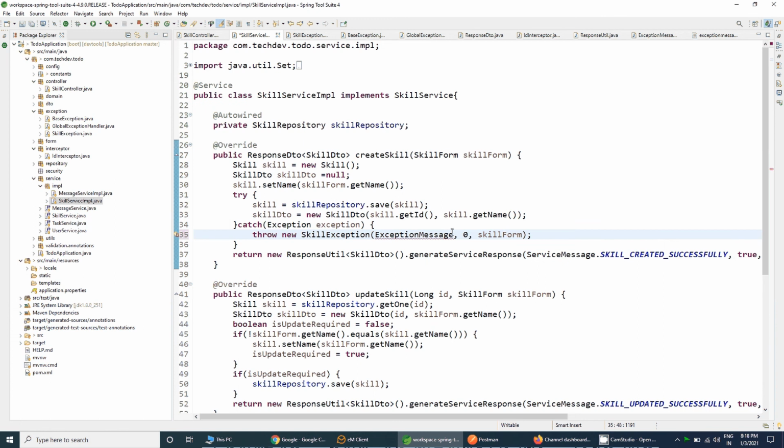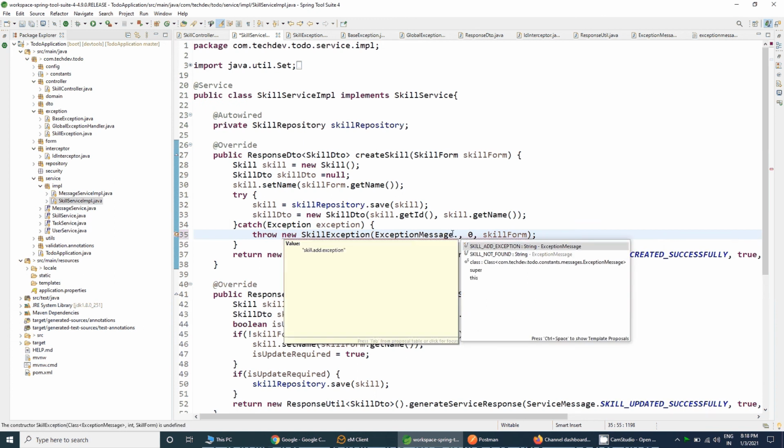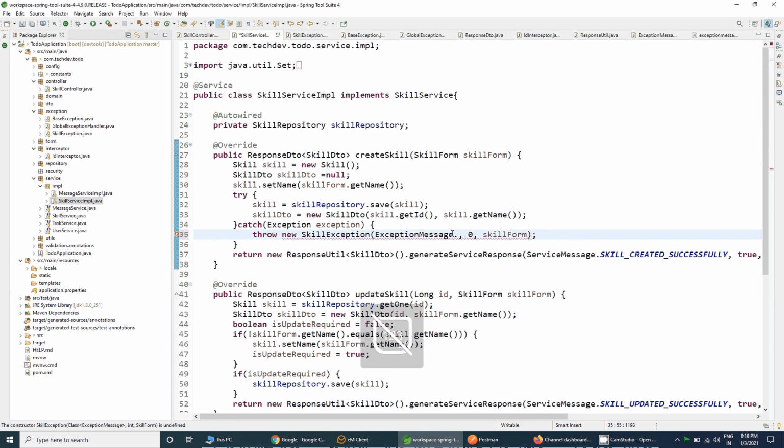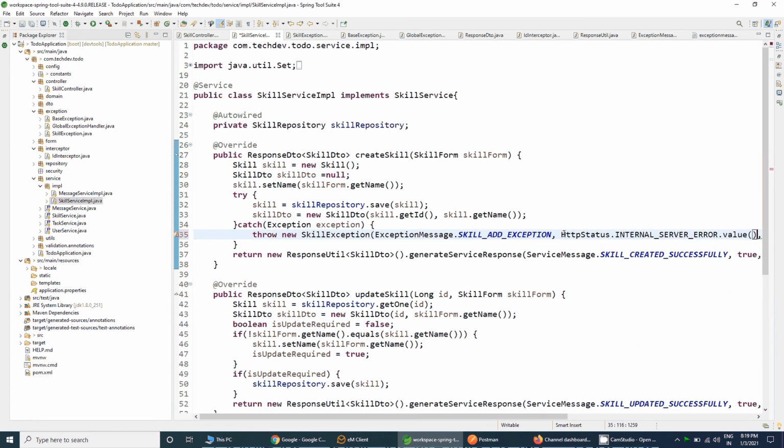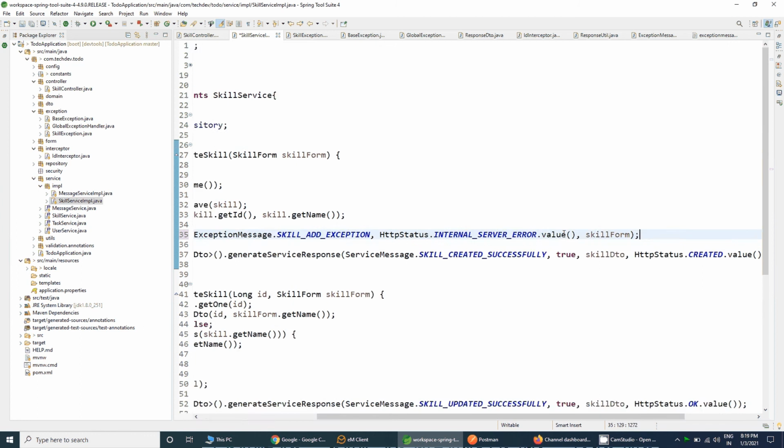In exception message dot skill add exception, that we need to add it here, and the HTTP status. So the HTTP status will be internal server error dot value, because we are just returning the integer value here.